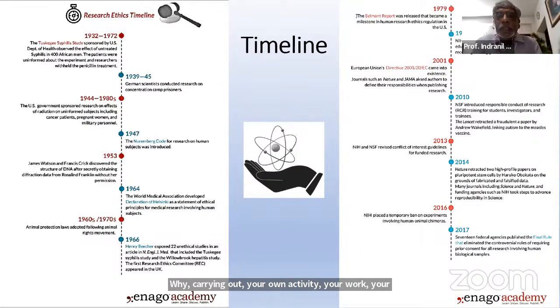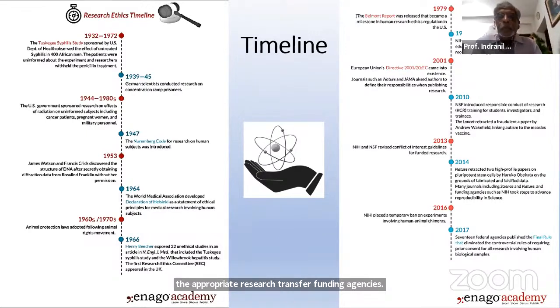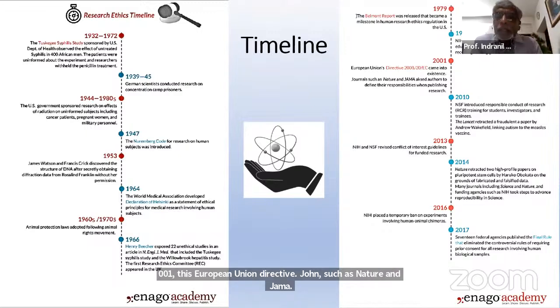So 1989 was a very, very important year when NIH laid out this mandate and pushed forward strongly that responsible conduct of research is mandated for graduate students who have been endowed with appropriate research grants by funding agencies. It was done in the USA and it was also being done here. In 2001, there was a European Union directive, and journals such as Nature and JAMA were asking authors to define their responsibilities